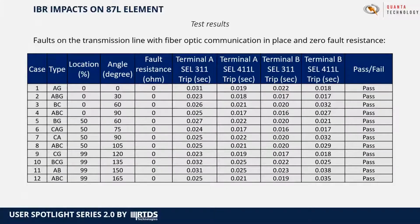First, we can discuss the impacts of the IBR on the 87L element. These test results summarize different test case scenarios with the fiber optic communication in place and with 0 fault resistance. We can see that all the 4 relays under test operated as intended and protected the transmission line